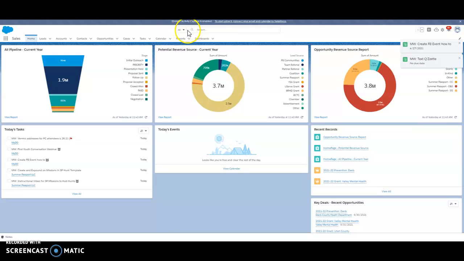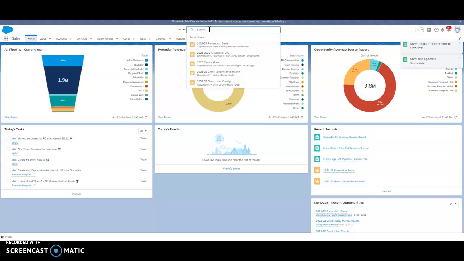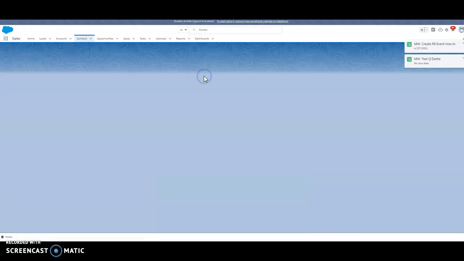I want to make sure that the down arrow says all, and we're going to use Troy Cooper because I added him the other day, and if I knew his name, I put it in there. If I don't, I'm going to go, oh, I need to look for the people that work for Zootah, and it'll pull up the contacts and the accounts. Let's say I want to find Troy's contact information. I click on his name,